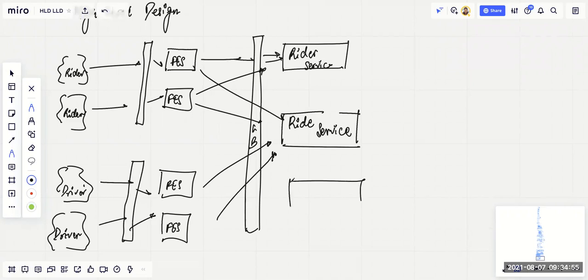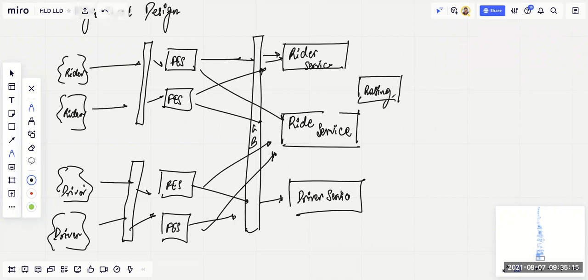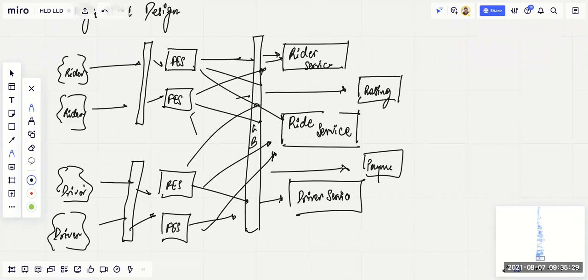And we'll have a driver service, and only this particular front-end service will have the authentication authorization to communicate to this particular service. And then we have other 2 as well, ratings and payments, which can be communicated by both of these.